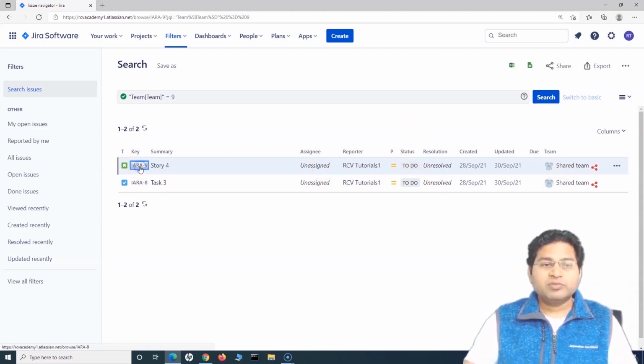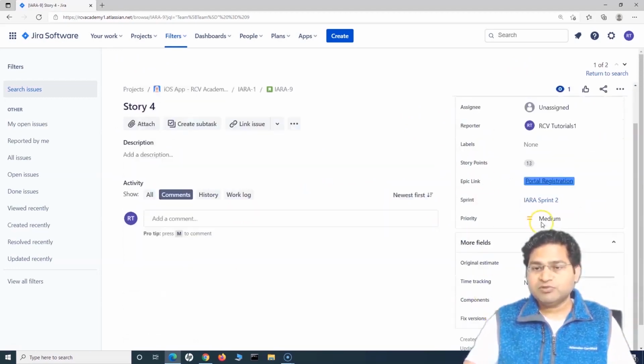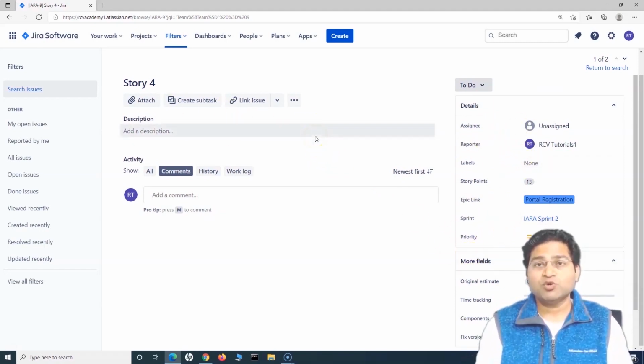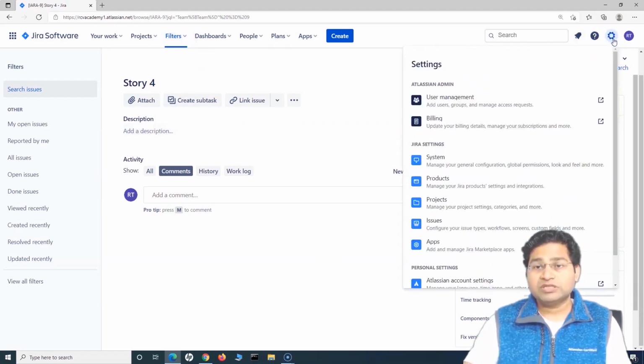Now if you go to this particular issue's details, the teams field won't appear. In order to have the teams field visible, you have to add that teams field to the issue details. I'll cover that. This is more of a Jira administration task, but not tricky, pretty simple. Let me cover that. Because we know that teams is a custom field, you need to go to the